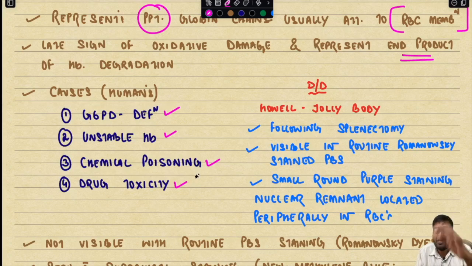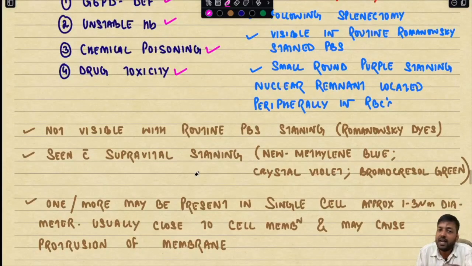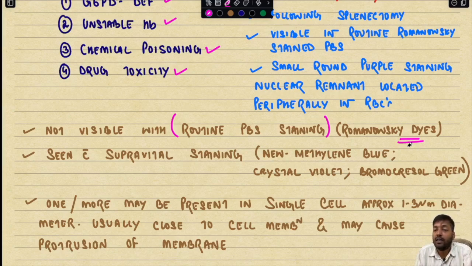or secondary to chemical poisoning or drug toxicity. Remember that these Heinz bodies are not visible with routine peripheral blood smear staining. That is, with the routine Romanovsky dyes that we use, the Leishman staining, MG staining, Heinz bodies are not visible. They are highlighted with the help of supravital stains like methyl violet or crystal violet, new methylene blue, or bromocresol green. With crystal violet, the stain is quite intense,